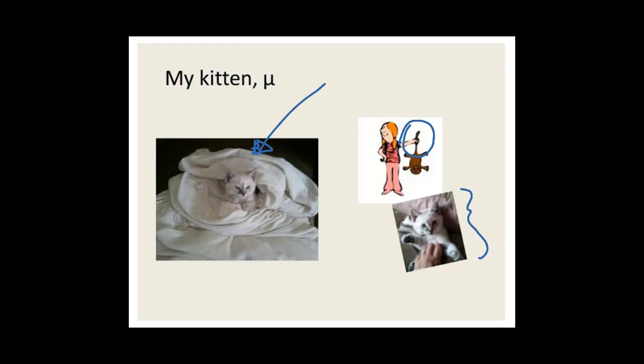When I picked her up by her tail, the neighbor who was watching all of this happen said, "You're so mean." And so me, being the ultimate geek, thought, oh, that's a good name for a kitten, Mew, because the mean, and picked her up by the tail. And even on a skewed distribution, remember, the mean is always closest to the tail. I know, it's cheesy. It's really cheesy, but it helps me remember that when I'm looking at a skewed distribution,